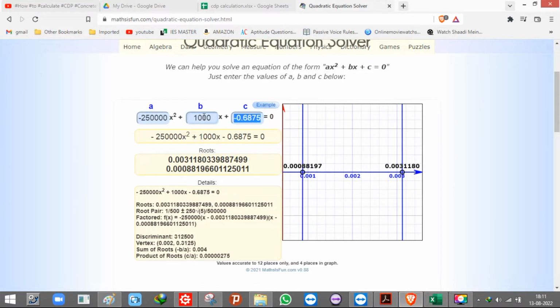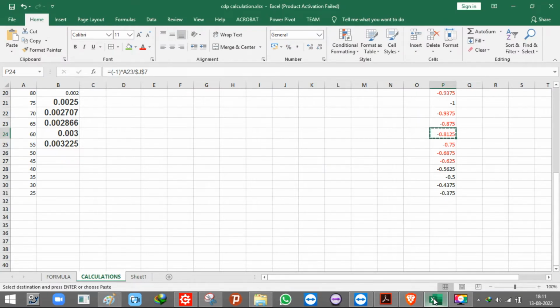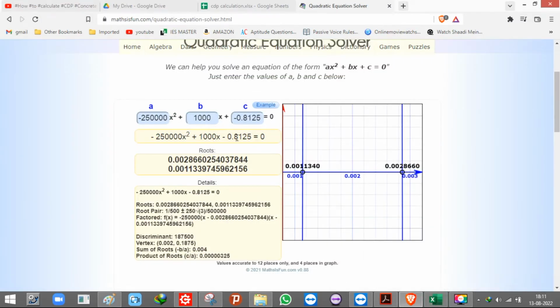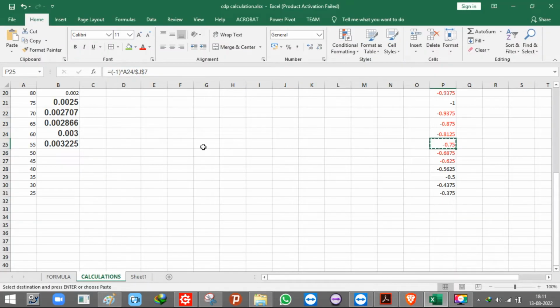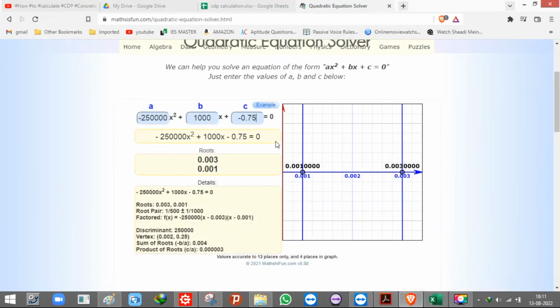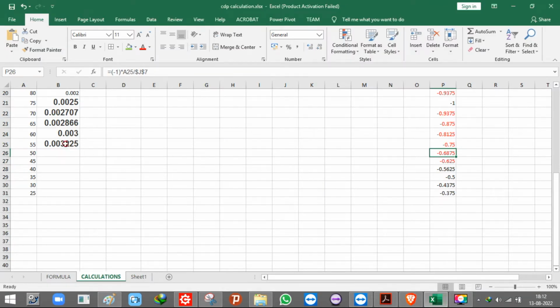Let me check it. 0.2866, 0.28, yeah, that's correct. For this, it should be 0.003. Yeah, it's correct. Then for this, it should be this one, and for this, it should be